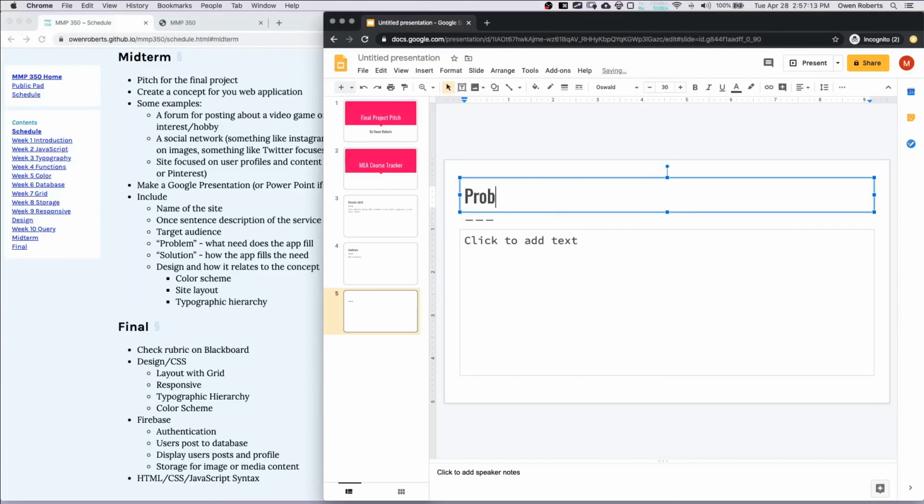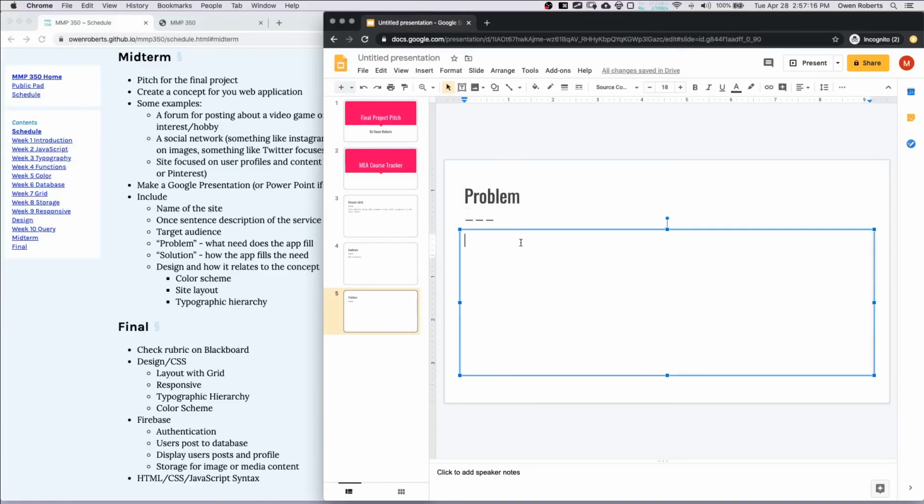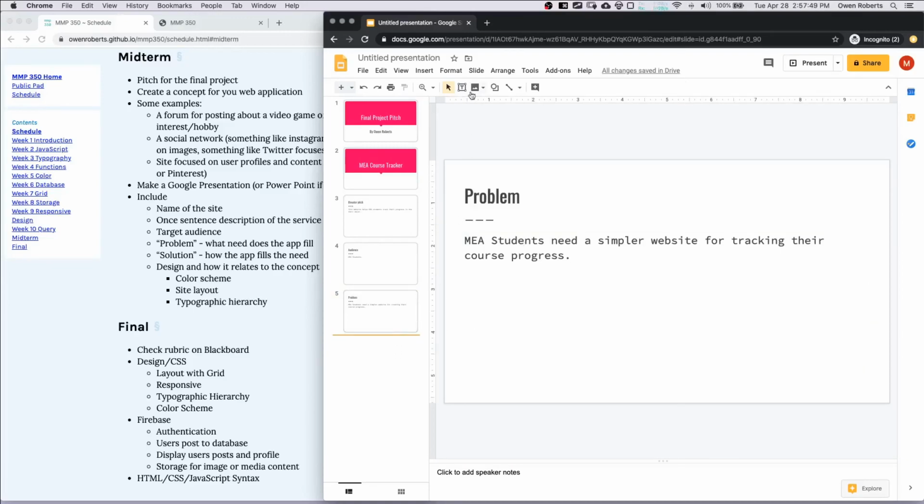So the problem for my website is MEA students need a simpler website for tracking their course progress. So basically we have a lot of different sites like DegreeWorks and CUNY First and stuff like that, and they are creating other solutions, but this would be one that was just focused on the major, so you would know which classes to take and which classes you've already taken. So there are things that exist for this, but I'm just kind of describing in theory what this would be. So then my next slide